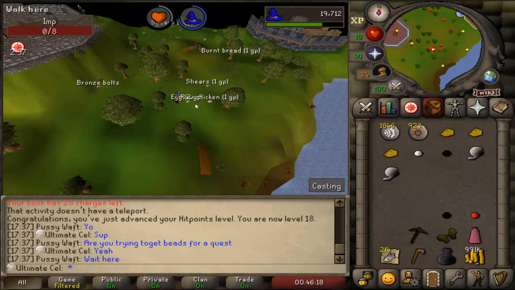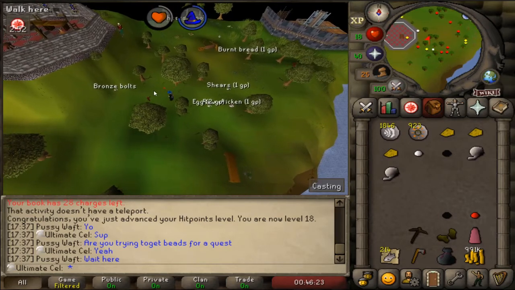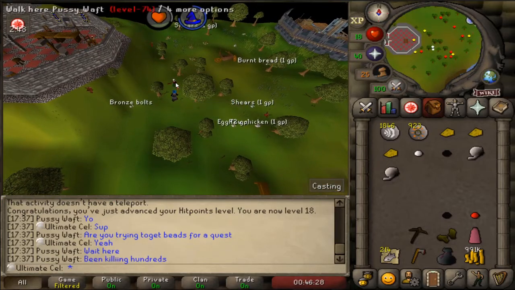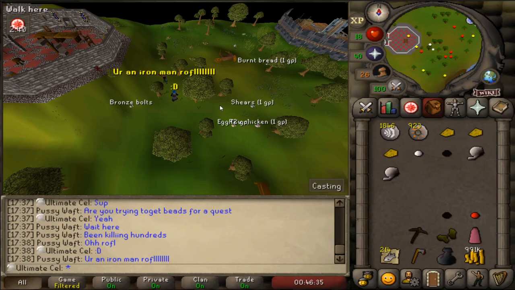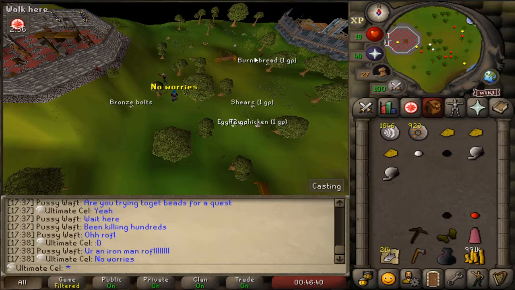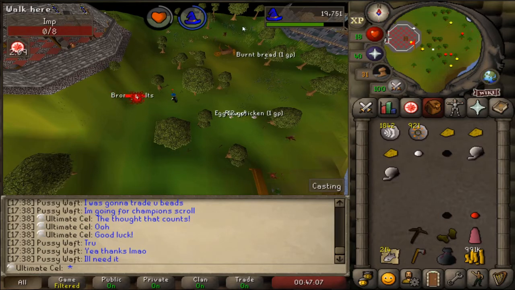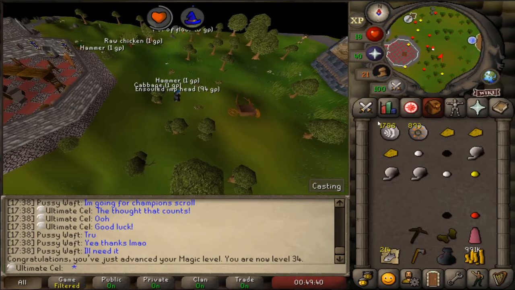I'm trying to get beads for Imp Catcher, and this guy told me to wait here. I assume he's going to try to trade me some stuff. Alright, the interesting things that happen in this game. Alright, and apparently he's going for champion scroll, so let's all wish this guy luck. Alright, surprisingly the last bead did not take that long, so guess we're going on